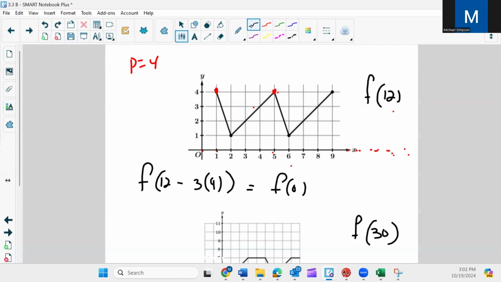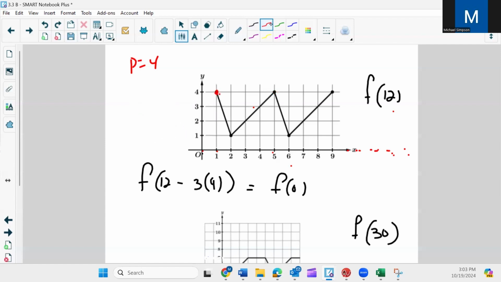Remember, this is a periodic graph, so the graph also goes into the past. You have to figure out where the graph is at x equals 0. You can try to sketch the graph backwards. Some graphs are easy to do, and some are tricky to do backwards. But what you can do is this: if you recognize that